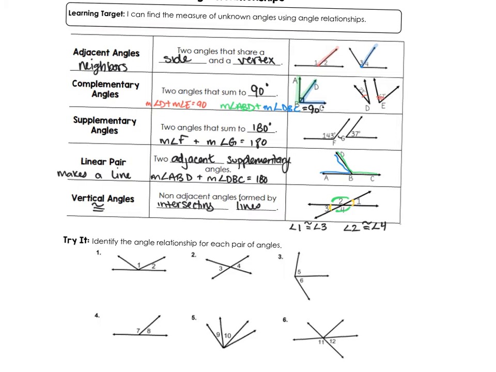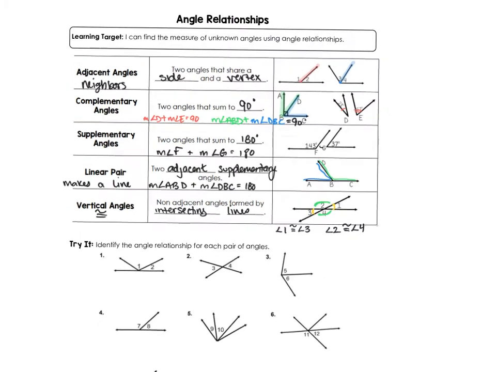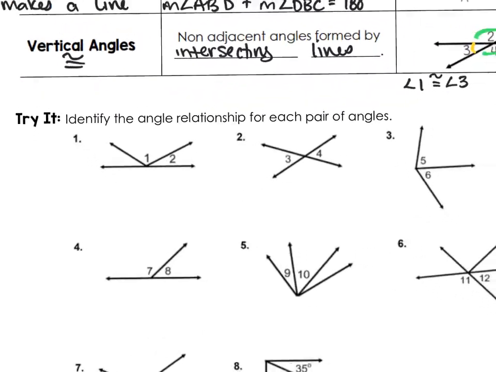So let's look at the first one together, and then I'm going to have you pause the video and try the rest. So my options are that these angles are adjacent, so they're neighbors, they're next to each other. They're complementary, they're supplementary, they are a linear pair, or they are vertical. So if I look at example 1,